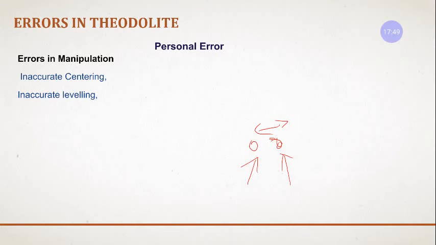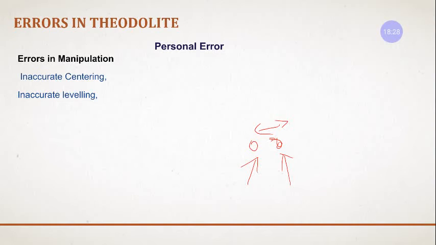Next is inaccurate leveling. When you are doing the leveling process, we know what the leveling process is. You have to keep the bubble tube parallel to the two foot screws, and then turn the screws clockwise or anti-clockwise at the same time, both the screws, right? Then make the bubble tube perpendicular to the third screw, and then again turn it in the clockwise or anti-clockwise directions